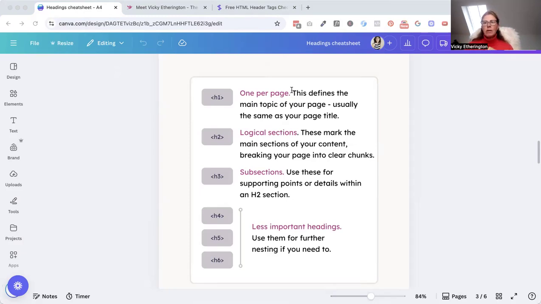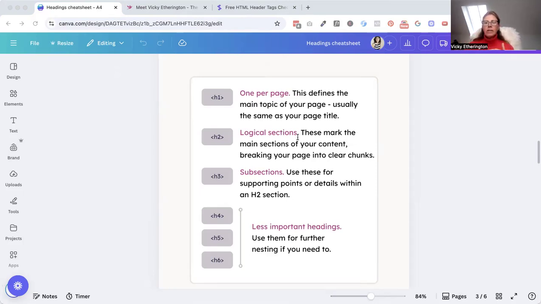So when you're thinking about structuring a page correctly, let's say it was my services page, a good structure would look like the H1 would be web design services. That's like the title of the page. Then I might have an H2, which is custom website design or custom WordPress design. And then under that, I would have an H3, which is like what's included, and then another H3 of who it's for. And then I could drop down to an H2, which is website maintenance plans. And then an H3 under that could be monthly care. And then another H3 could be ongoing support. And then it looks